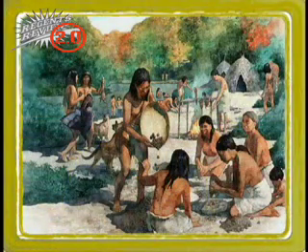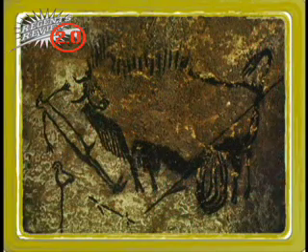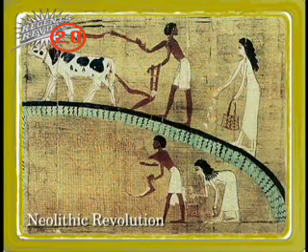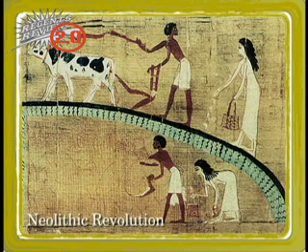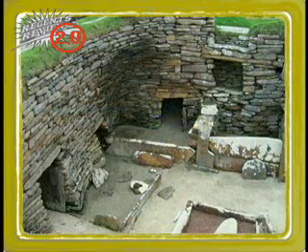Before the Neolithic Revolution, people were hunters and gatherers. They were forced to move in search for food. Around 10,000 BC, however, the Neolithic Revolution changed the way people lived. People discovered ways to domesticate animals and farm. After this event, people no longer had to move in search of food, and as a result, permanent settlements were